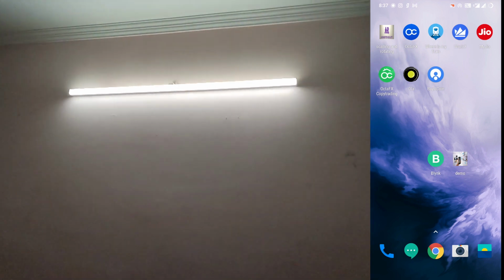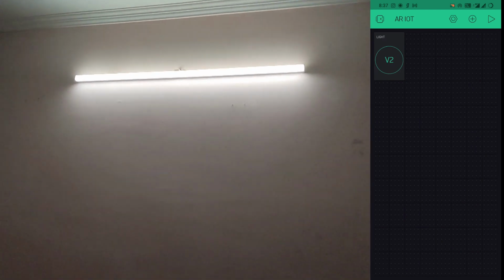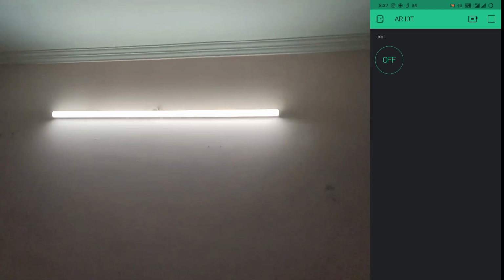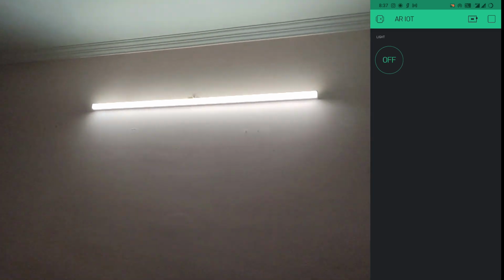Alright, so now the Blink application is ready, and in fact we have uploaded the code as well. So now we can click on the Blink application and start testing it. Right now let me start the application. Can you see the light is completely turned off. Now when I click on the button, you will see the light is turned on. Now when I click it again, you will see the light is off. So in this way we will be controlling the home appliances through the Blink application. Now let's see further how we can do it on the AR application as well.